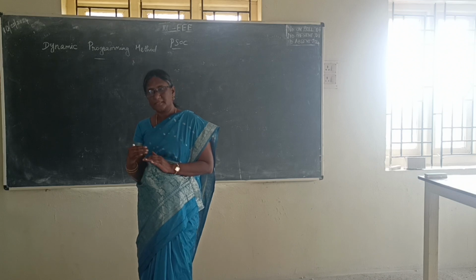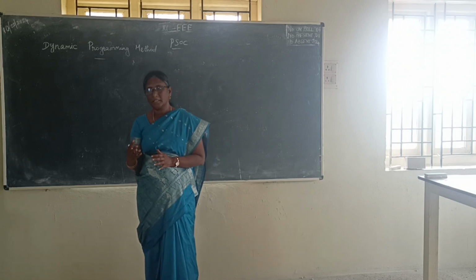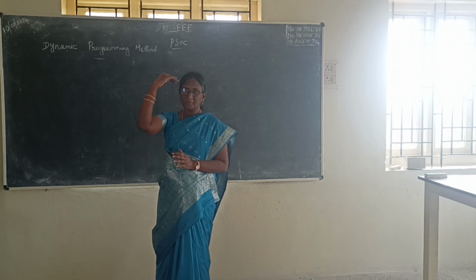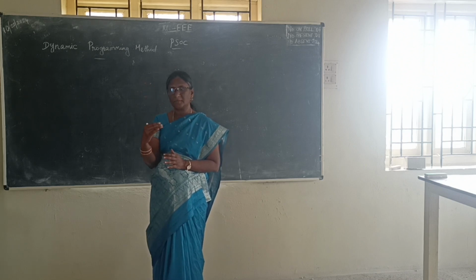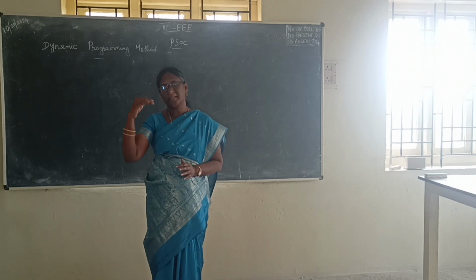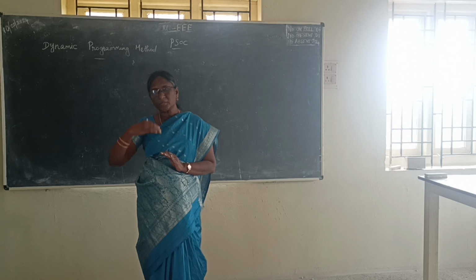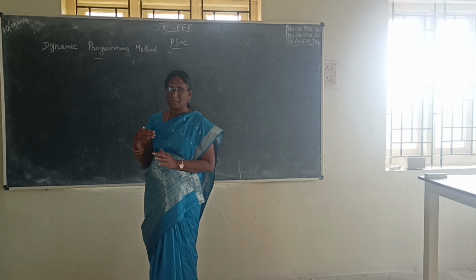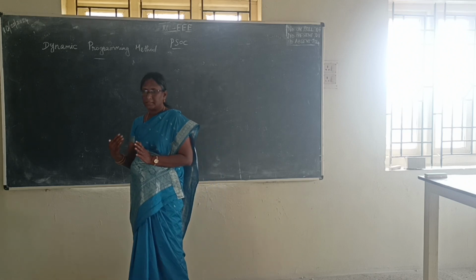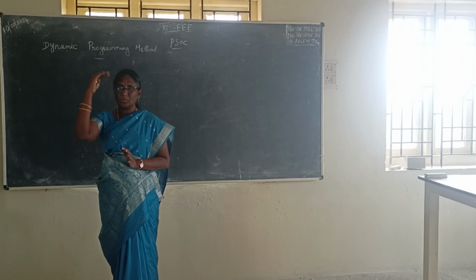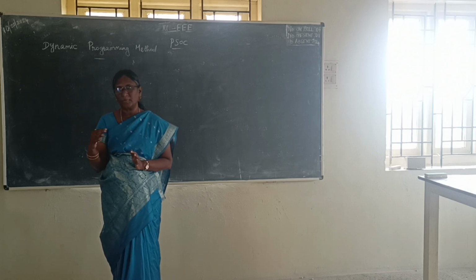Suppose the system consists of n number of units. First we consider the first unit. Then the second step, considering first and second unit, combined. Third step, combine first, second and third unit. Like that we are going to analyze. So that is the difference between the previous case and this one. We are going to analyze all the cases, all the units: 1 and 2, 1, 2, 3, 1, 2, 3, 4, like that.